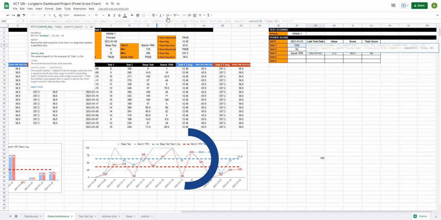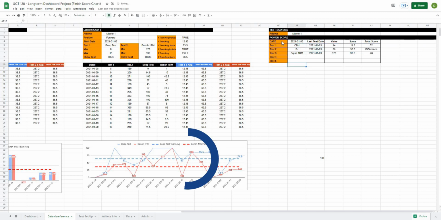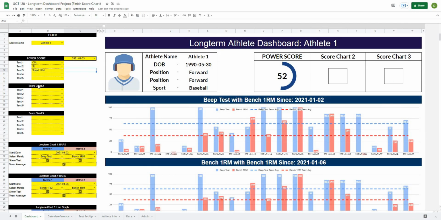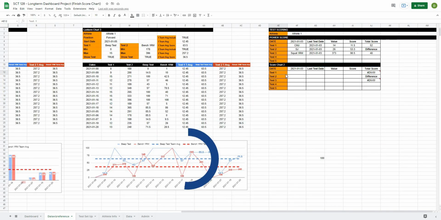Yep, so that should work. Okay, and what I should be able to do now is copy this and paste it down one, and with a little bit of editing, instead of score chart 2, let's see if that's referring to the right thing. Should be A14, and it is. Data viz reference